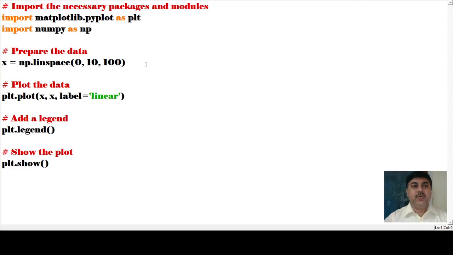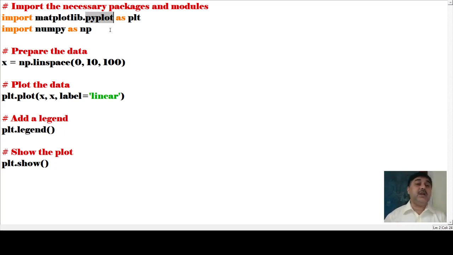In this program we import packages, the modules. What are the modules that have been imported here? First it has imported matplotlib, and under matplotlib, pyplot is included.